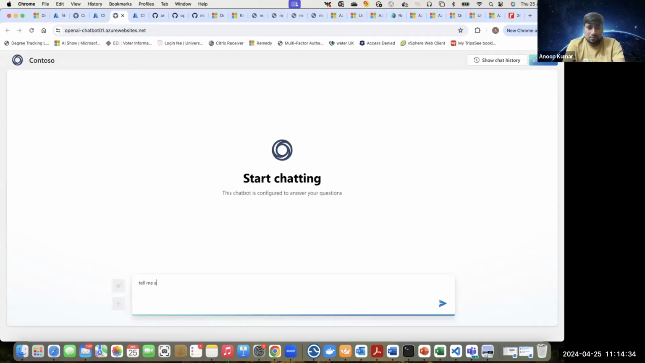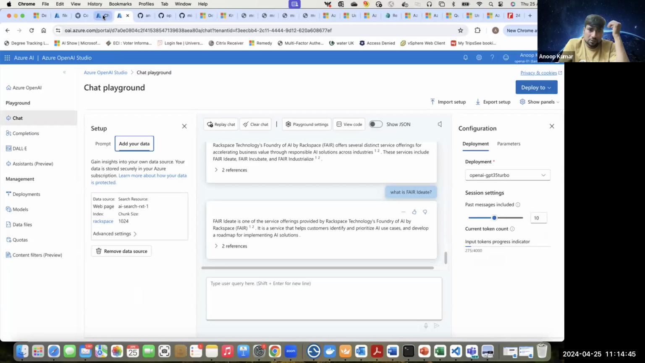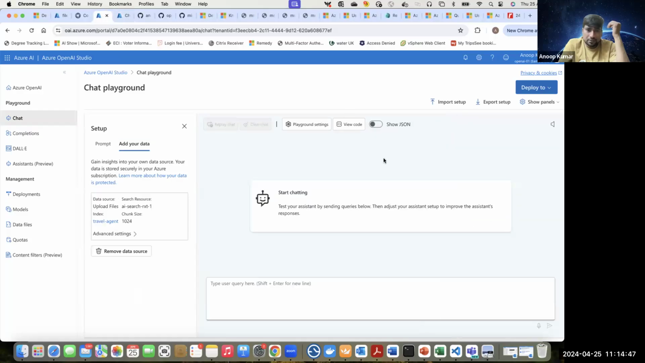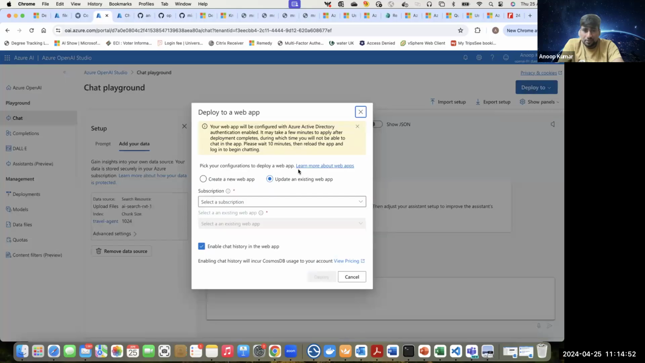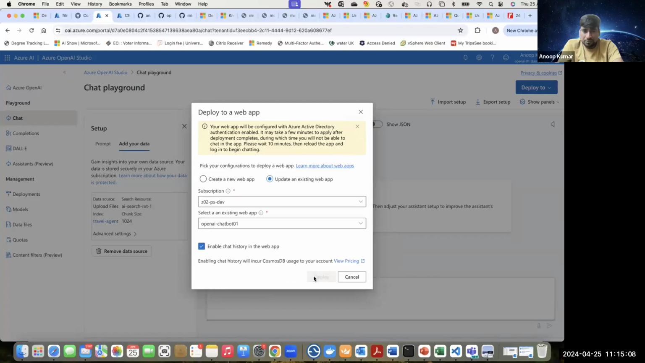Tell me about London. Okay, I need to deploy it again, as it is not getting deployed. So I'll deploy it again. I'm using this chatbot, this one. Let me deploy it. It won't take much time